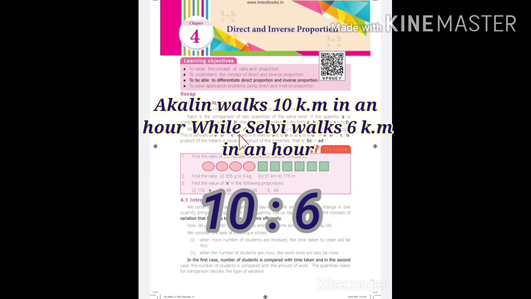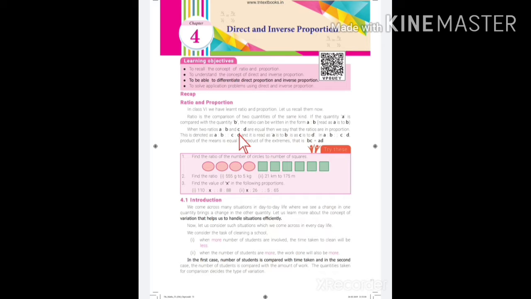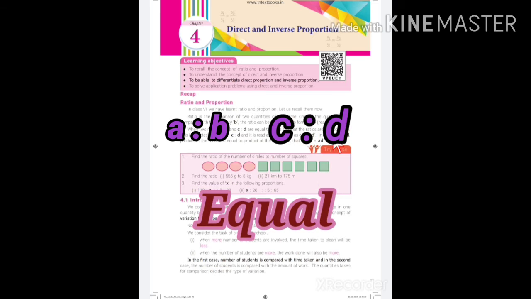Next, we are going to see about proportion. When two ratios, that is A is to B and C is to D, are equal, then we say that